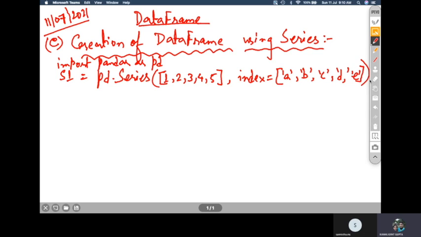So this is the first series, and then you can create another series, pd dot Series, and here you can just put 100 200 400 600, as many values as you want. Okay, so here also I'm taking 5 values,